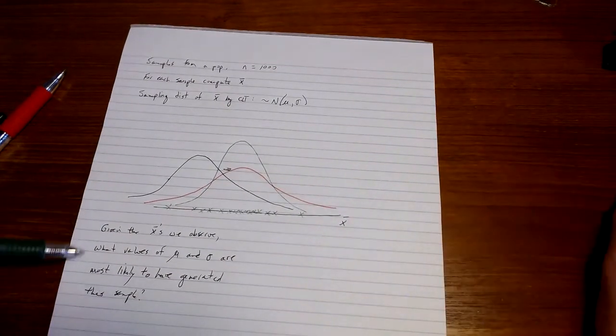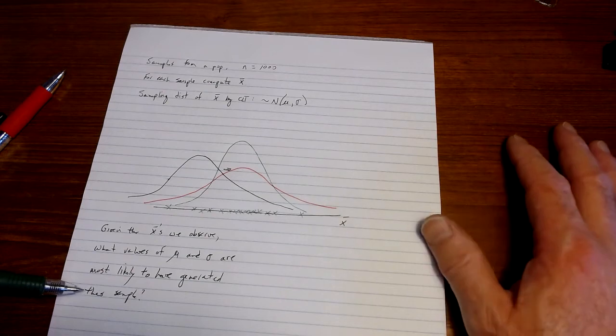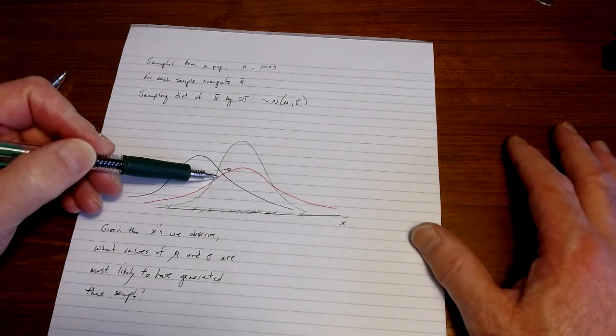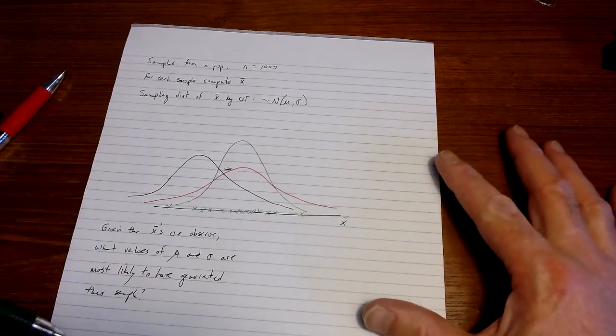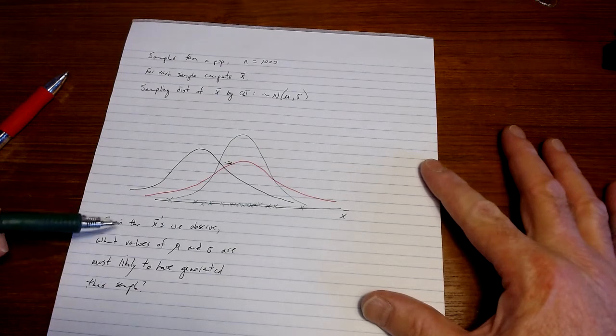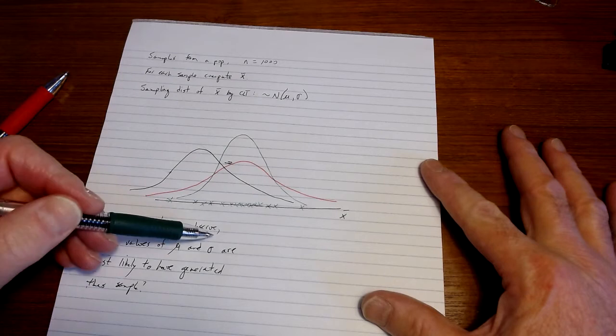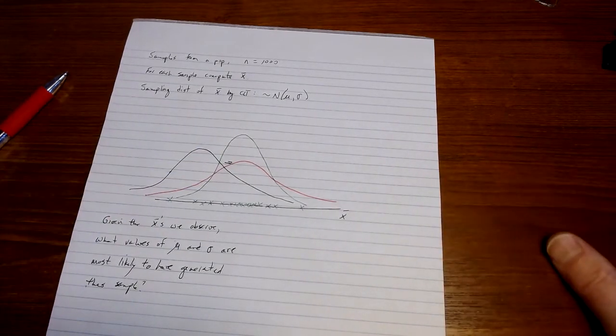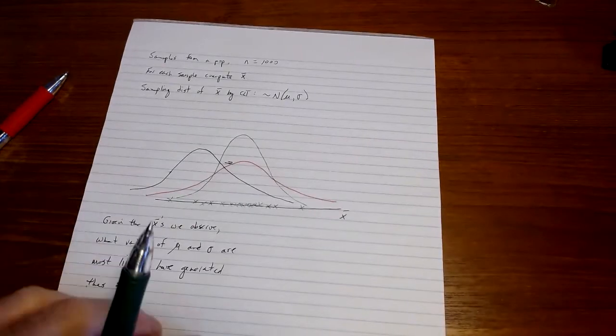And we need to have some criterion then for deciding exactly when we've achieved the best fit of the distribution to these data. And when we do that, we will have identified the distribution that is most likely to have generated this sample, or the maximum likelihood estimators of mu and sigma, which describe that distribution. Okay, so that's one way of thinking about